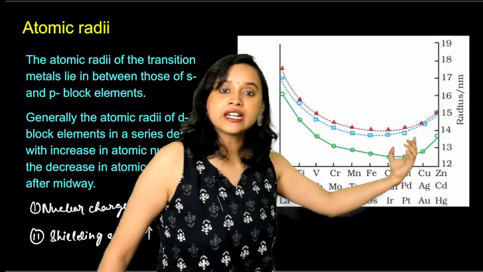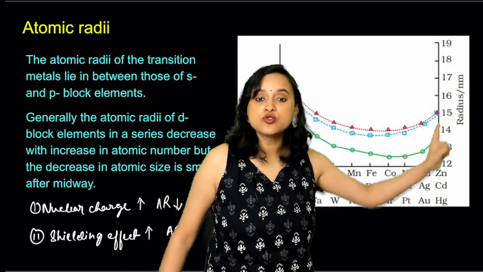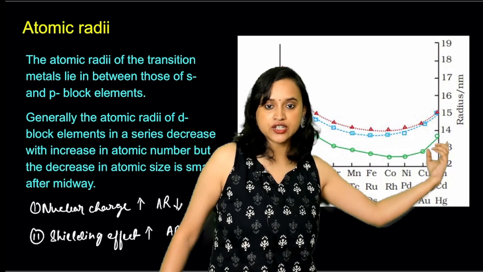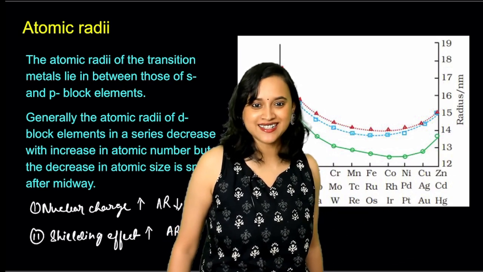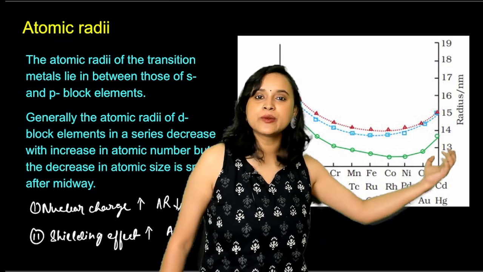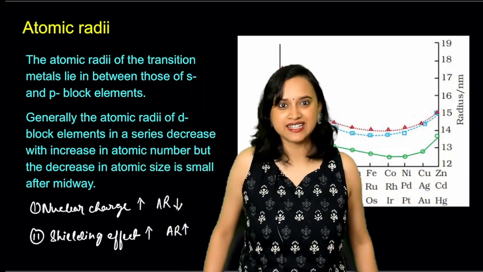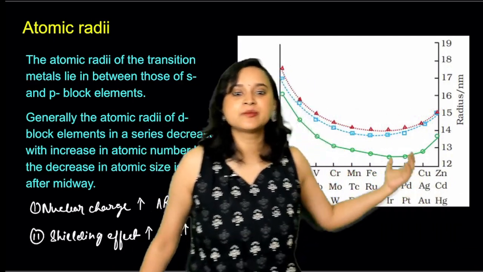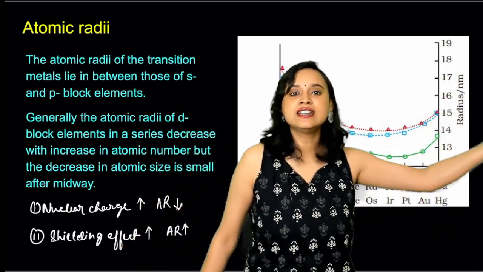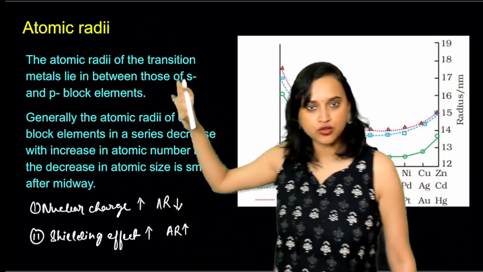Now again, if you pay attention, you notice that from nickel to copper to zinc, especially from copper to zinc, there is a quick jump in the atomic radius. Is that true? Yes. Why is there a quick jump? Because now you have added 10 electrons in zinc, and that means an inter-electronic repulsion has been created, which is why suddenly there is a jump in the atomic radius. I have written everything here. If you want, you can go through it.